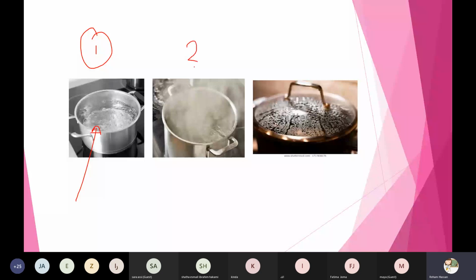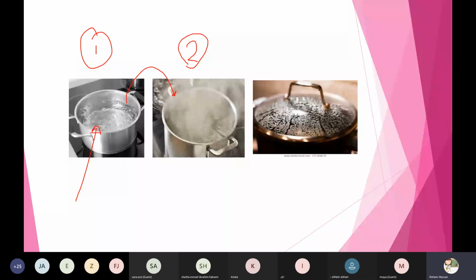Can you see the water here? No. Where is the water? It changes to gas. The liquid changes to gas. Thanks a lot, Athir. Amazing, honey.